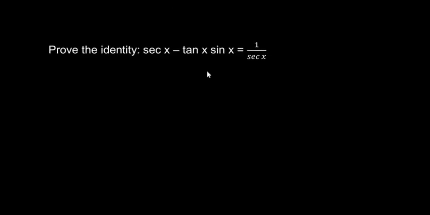Let us look at this next interesting question. This is again a proof question where they have given: prove the identity (sec x minus tan x) times sin x is equal to 1 over sec x. As I mentioned, try to change the reciprocal identities, the sec, the cosec and the cot, in terms of sine, cos and tan. So here I'm going to use the LHS because there are more terms in the LHS. So the sec x, I can write it as 1 over cos x